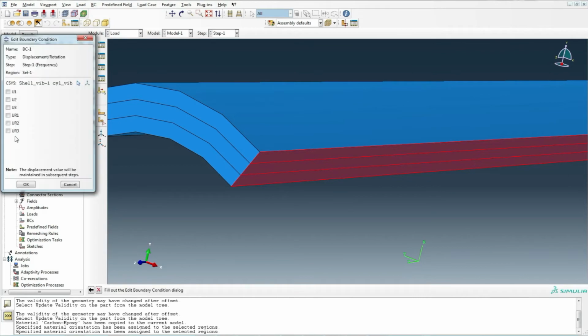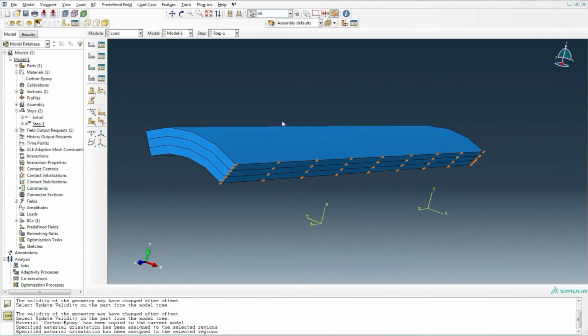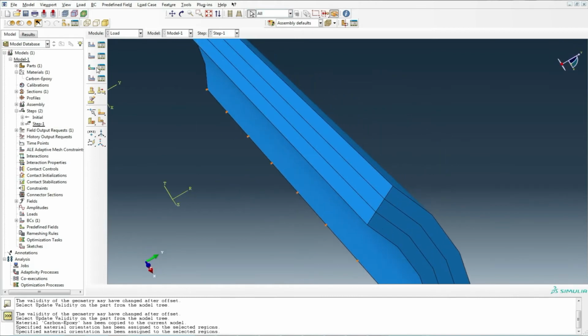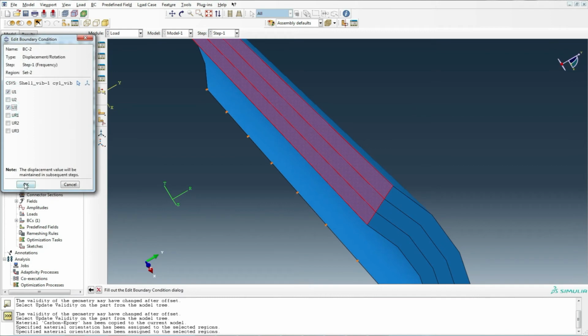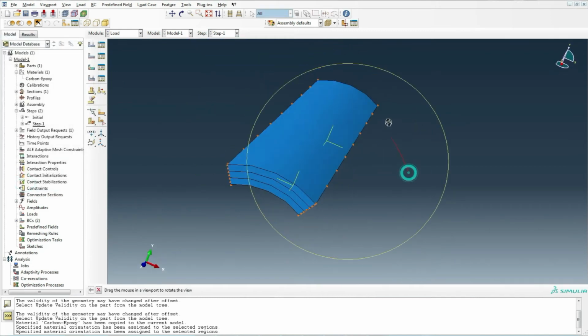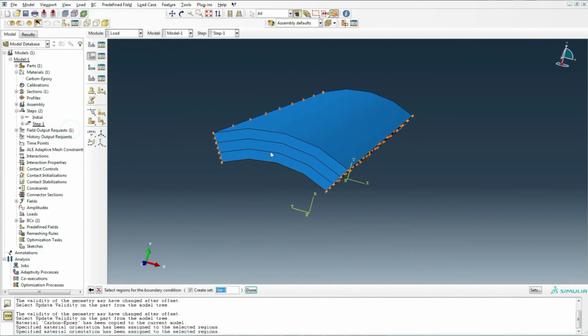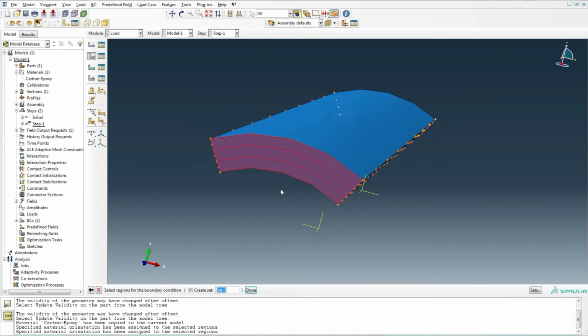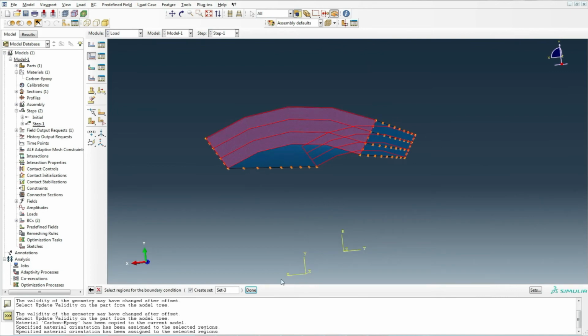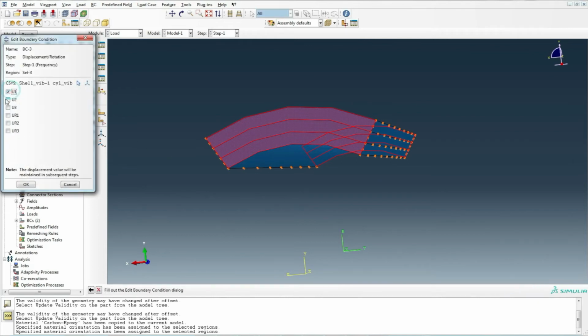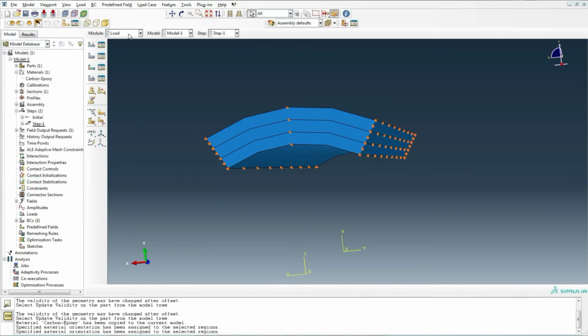Then we set the boundary conditions, which is simply supported. And there is no load as it is a free vibration analysis.